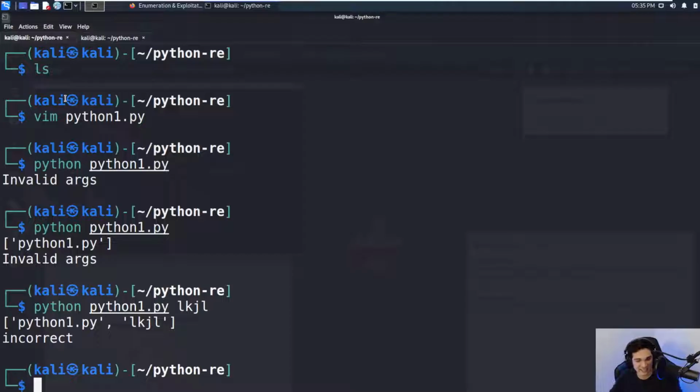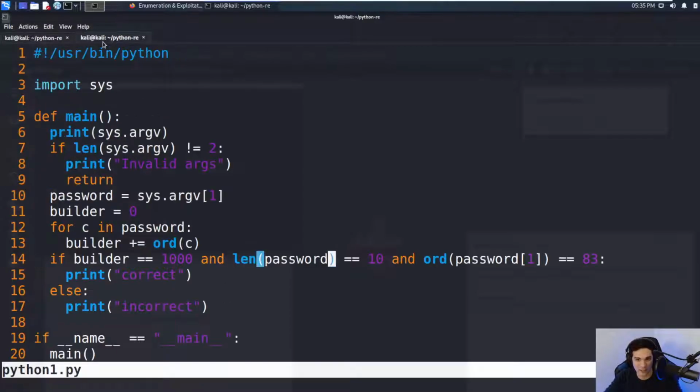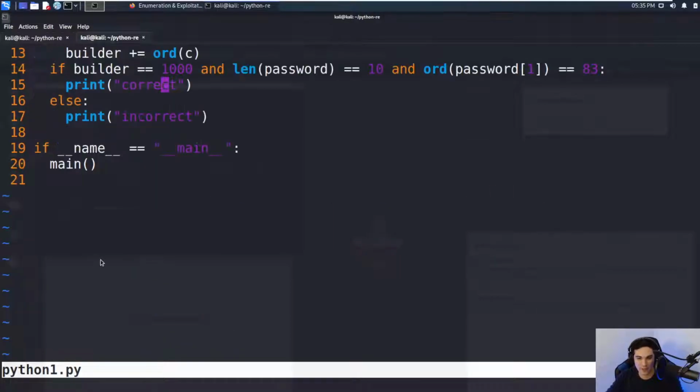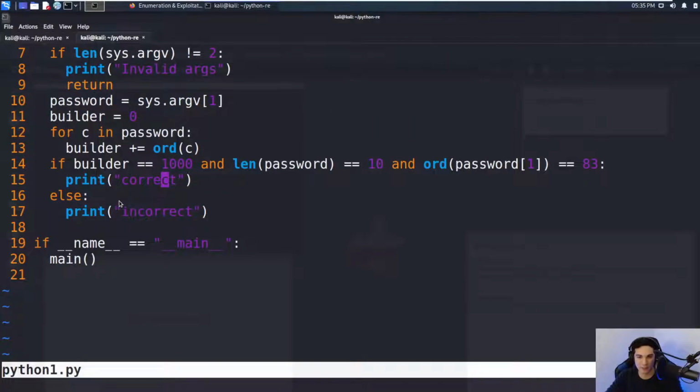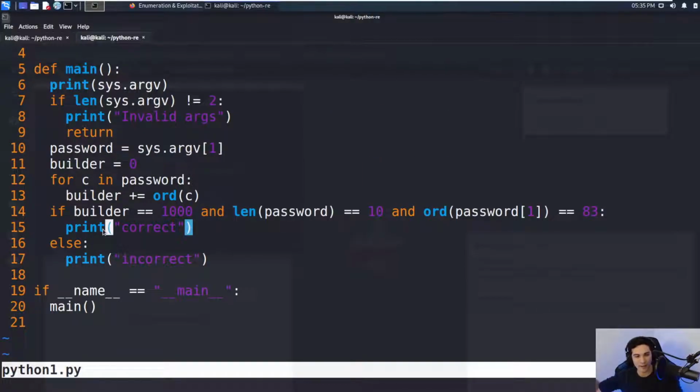Eventually, you will need to take that second step, which is say, all right, I'm trying to get here. In our case, we're trying to get to correct. We're trying to figure out how can we get the program to print out correct. I generally suggest just getting a lay of the land first, then identifying your destination. Sometimes your destination is not immediately available, so getting the lay of the land and just trying things out is a good first approach. I've gotten to the point now where I found out that incorrect is being printed out,